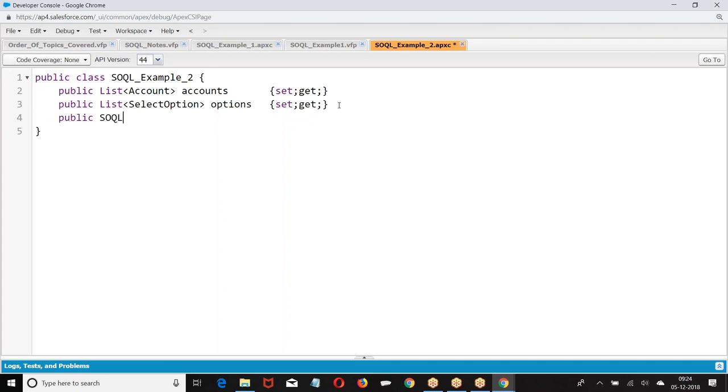Public list of select option, account equal to, else I take name comma equal. Then options equal to